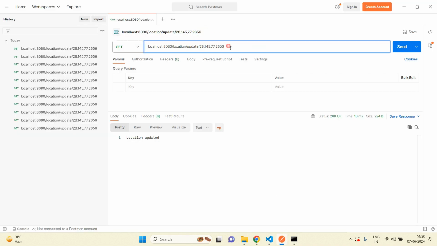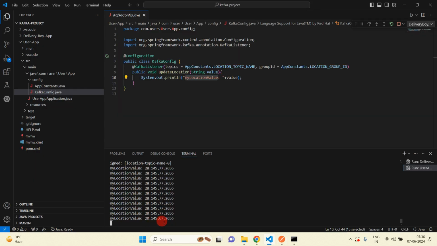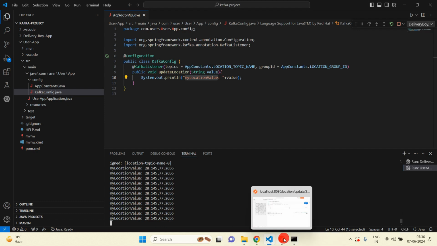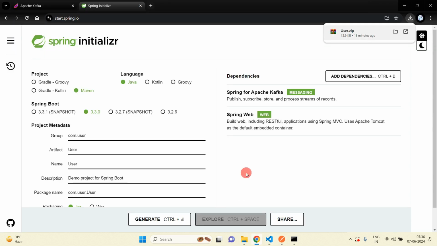Just change the value. So here you can see we are getting the data in the user application. So we have successfully implemented Kafka in our Java Spring Boot project.